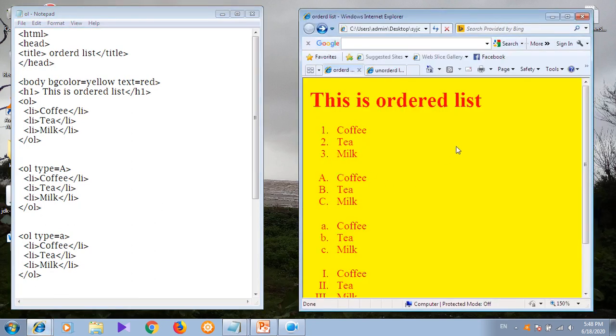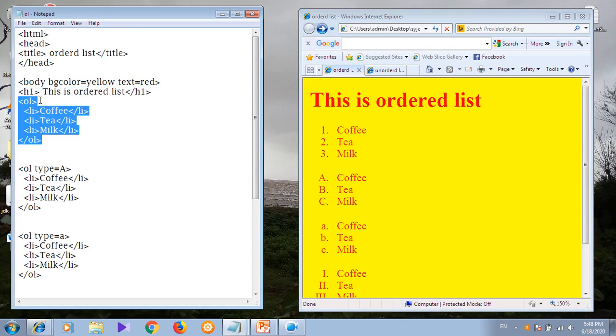Okay, so we will see first the output of this program. You can see here side by side, this is the program and this is the output. So first I have written a simple list, that is OL, then LI, three list items, then OL close. I have not written the type attribute here. Simple OL tag, OL close, and in between the list items.